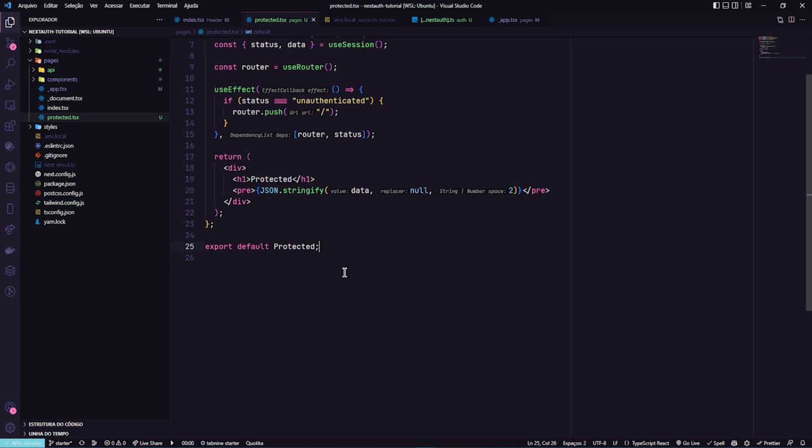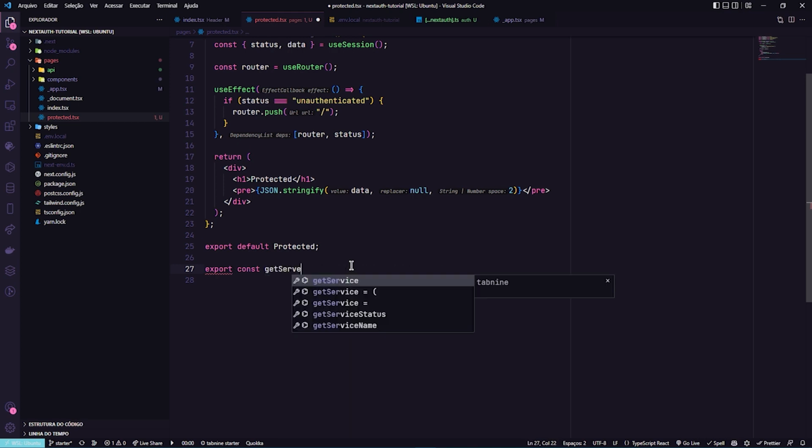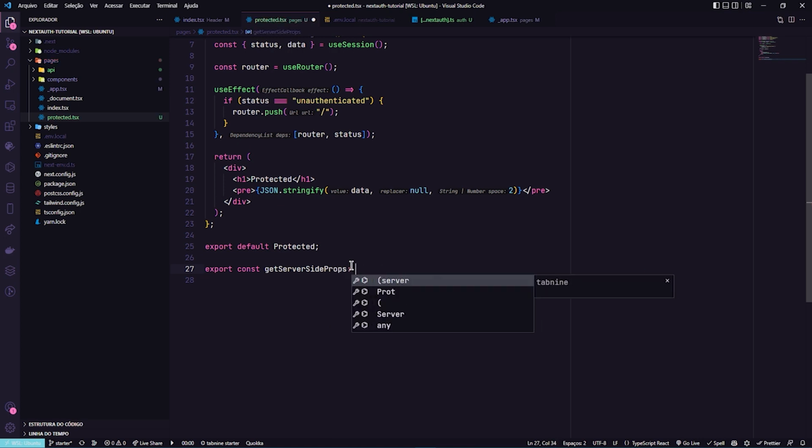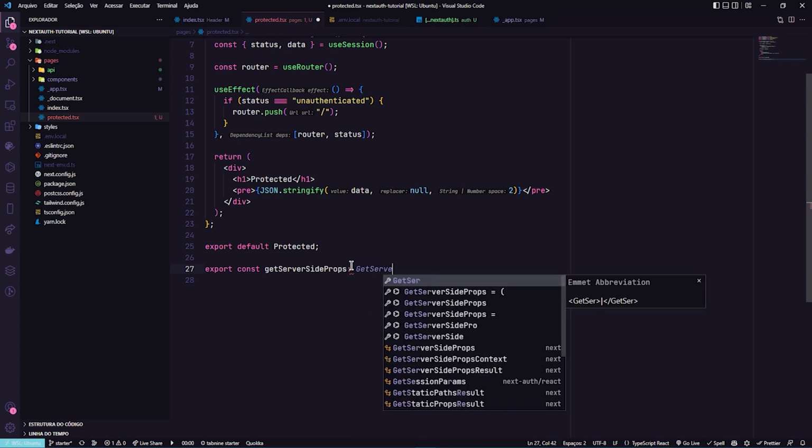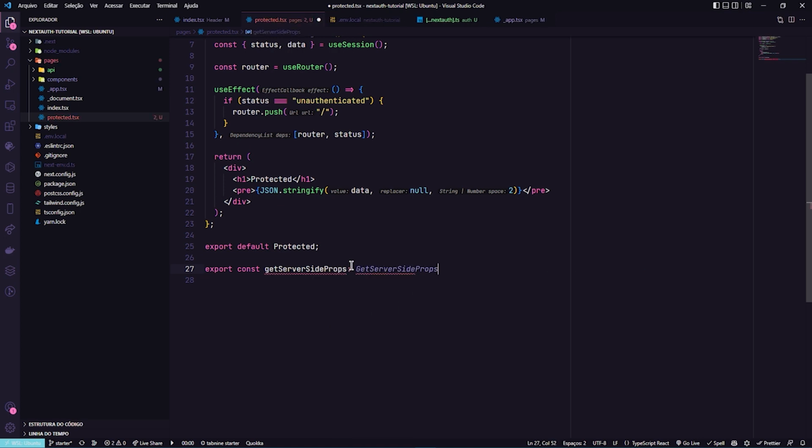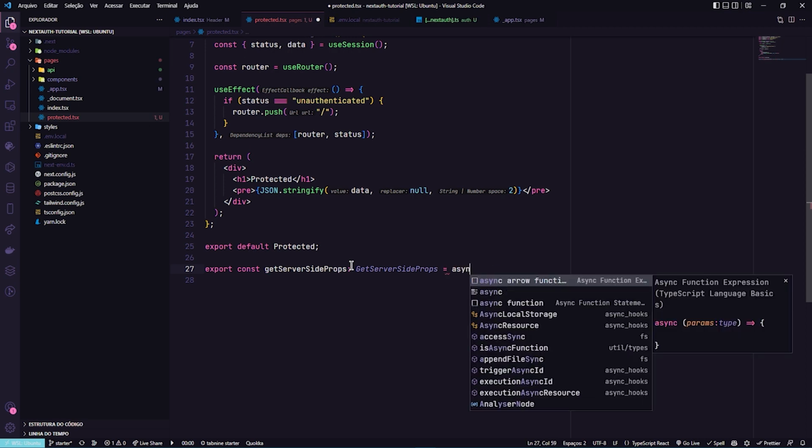But if you need that the user doesn't see anything, it's required to use the server side function. And to do that in Next, we need to export const getServerSideProps. I will type that with GetServerSideProps, and now I will return